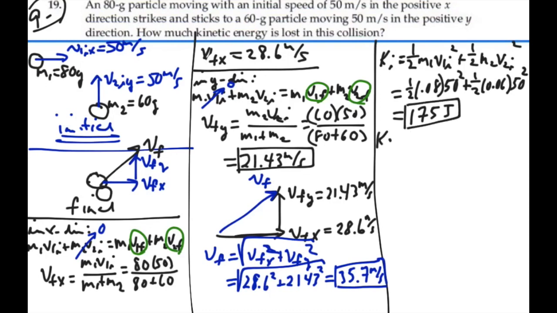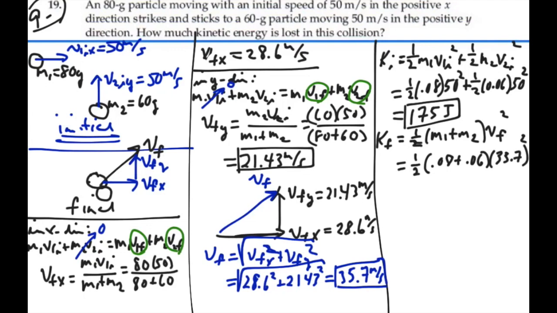Our final kinetic energy is going to be equal to 1/2, since they're combined, 1/2 mass 1 plus mass 2 times V final squared. That's going to be 1/2 times 0.08 plus 0.06 times this 35.7 squared. And that is 89.2 joules. That's how much we have finally, so we lost